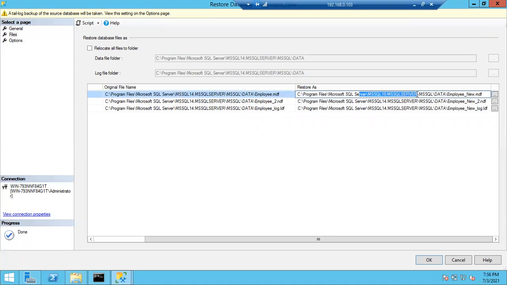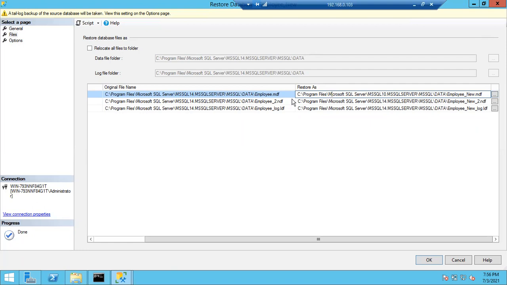If it exists, it is going to be restored. If it does not exist, it is not going to be restored, it is going to throw an error. So always you have to consider the original file name and make sure the same path exists or not, not the file. Make sure the path exists in the new server or not. This is a very important point. Most people, even experienced people, will be confused while restoring the database.